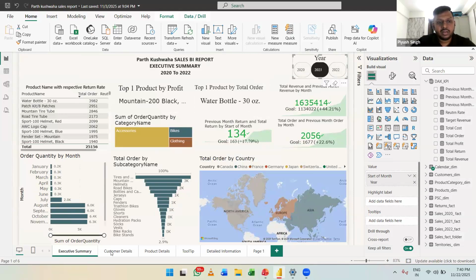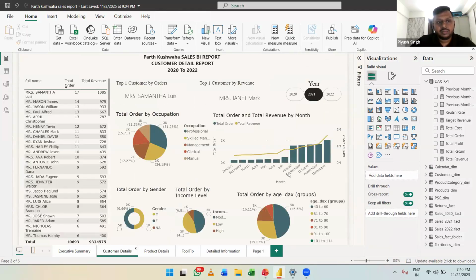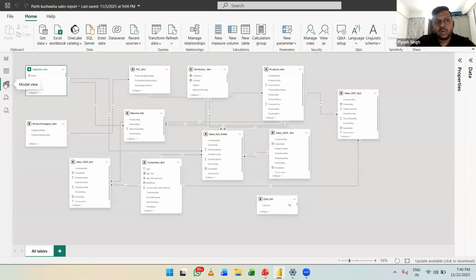So this is my idea of telling you that the idea of data modeling is how these multiple tables will be connected with each other using relationships, using cardinalities, and then we can make some meaningful outcome of this data.